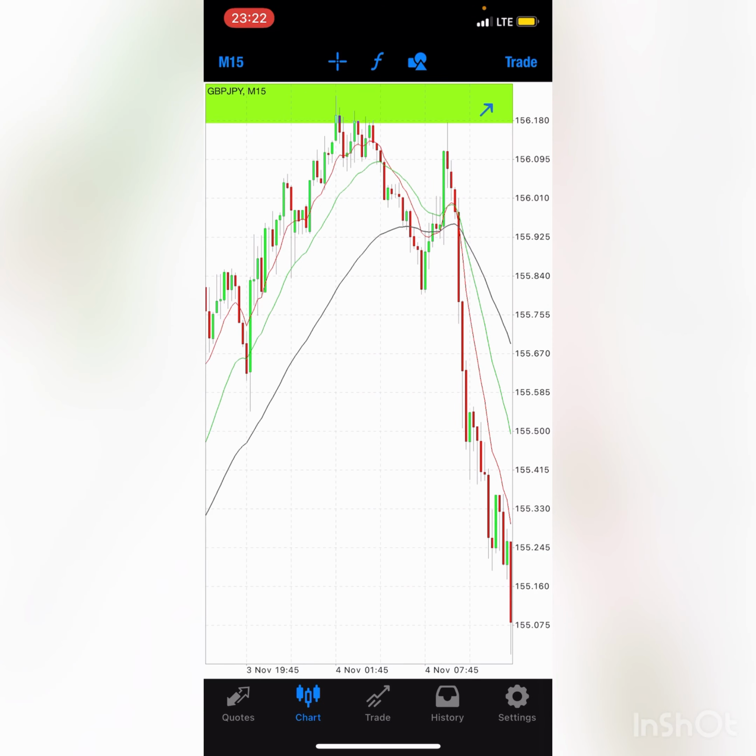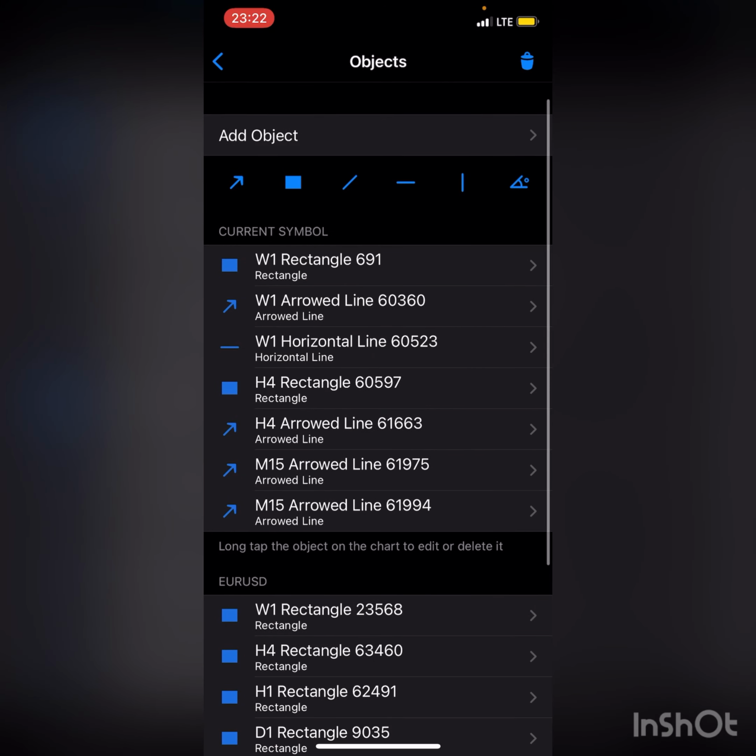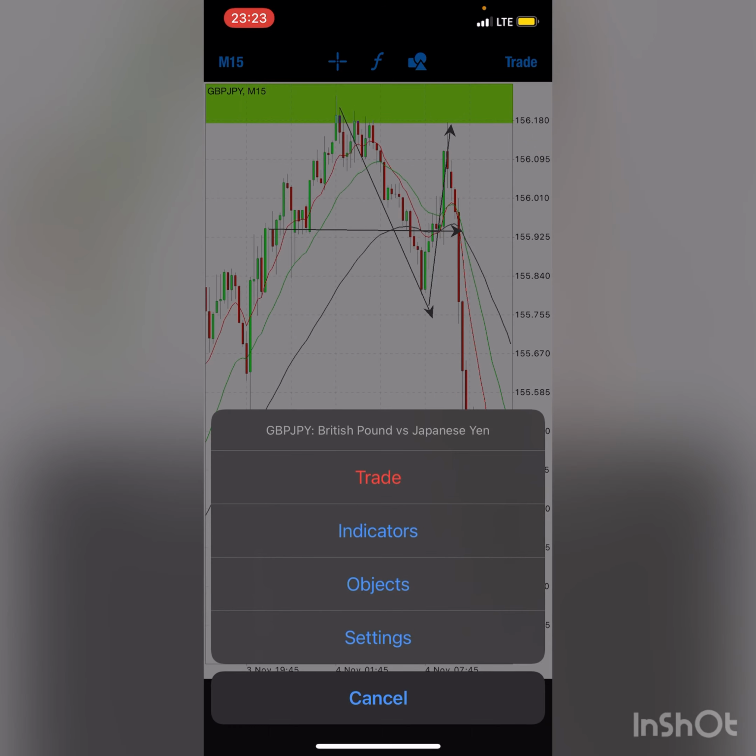Let's mark previous structure. This was previous structure. Guys, previous structure can be a previous lower low, previous higher low, or a previous zone that was formed, and this was the previous zone here, right? And look what price did there. It broke structure, and then what happened? It went up to test a zone, and then